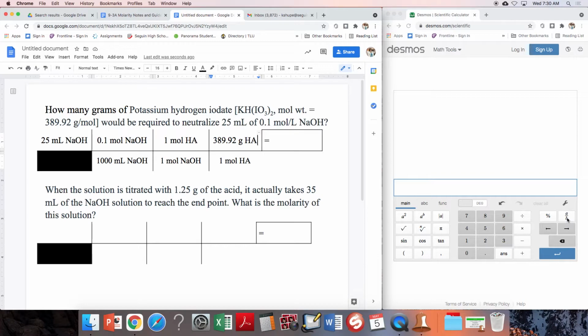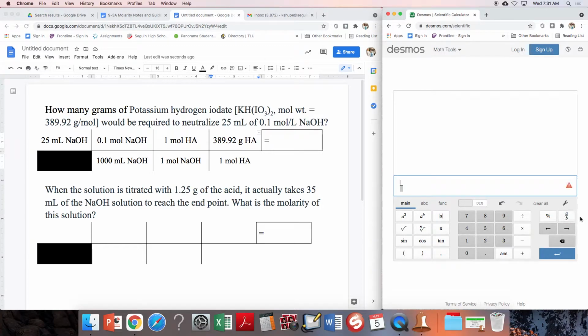If you're going to use Desmos for this, and this is one where Desmos is okay. Also, if you've got access to an Inspire, the fancy divide makes your life easier because you can put everything on top. So we're going to have 25 times 0.1 times, I skipped the 1 because it doesn't do anything, 389.92 divided by 1,000, because that's my only number down there. And that gives me that I want to react